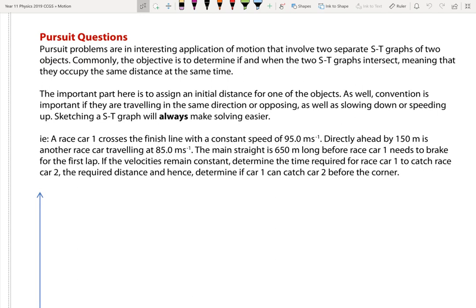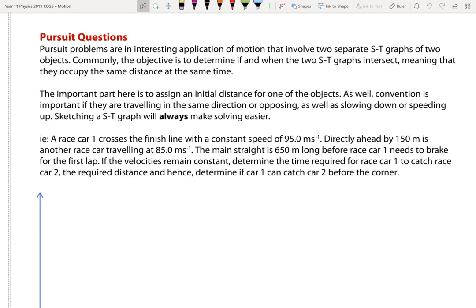Now, hold on. The best way to solve these pursuit questions is to sketch their position-time graphs and solve for when they intercept. You can do it at home. Give yourself 17 minutes. Now, commonly,